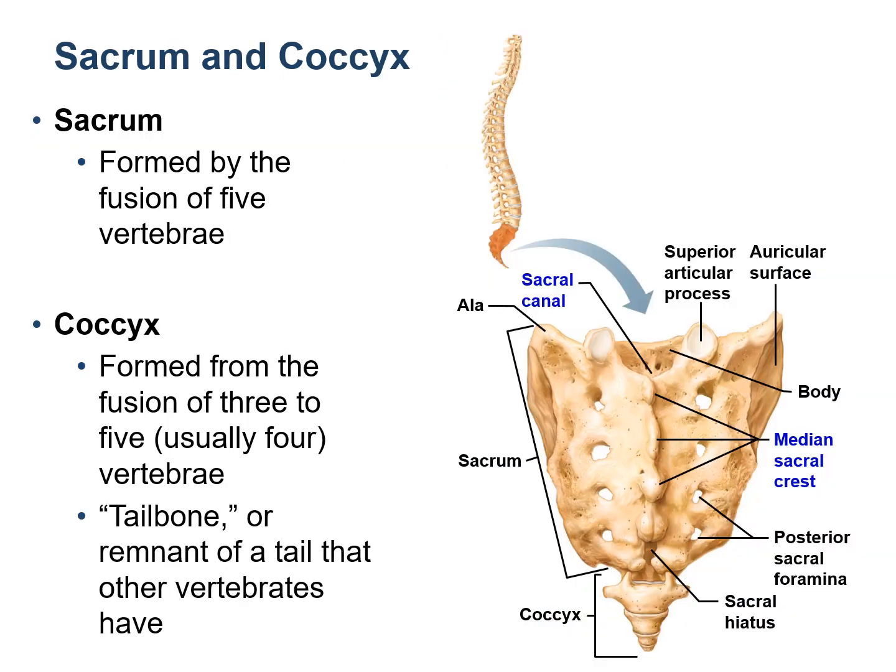The sacrum and the coccyx are the composite bones. The sacrum is formed by the fusion of 5 vertebrae, while the coccyx by the fusion of 4. The coccyx is also known as the tailbone or the remnant of the tail, and the coccyx articulates anteriorly with the sacrum. In the figure, you can see the fused spinous processes of the vertebrae on the sacrum's posterior side as the median sacral crest. The inferior bundle of the spinal nerve roots pass from the vertebral foramen of the 5th lumbar vertebra into the sacral canal.